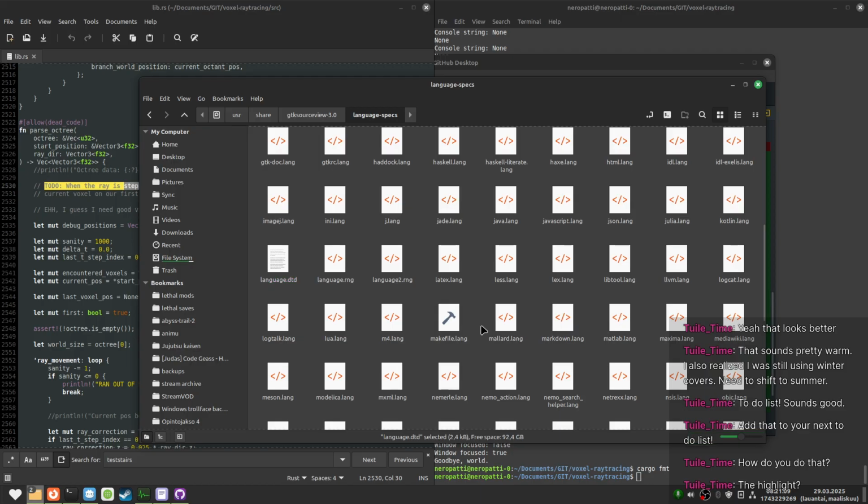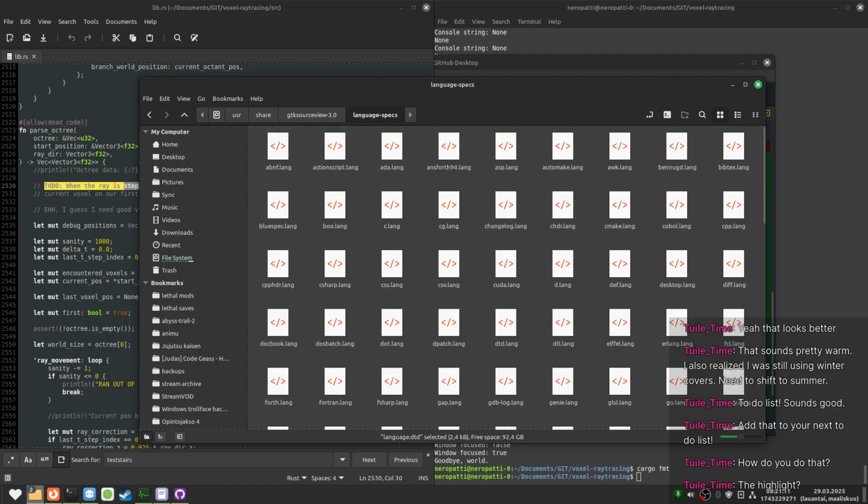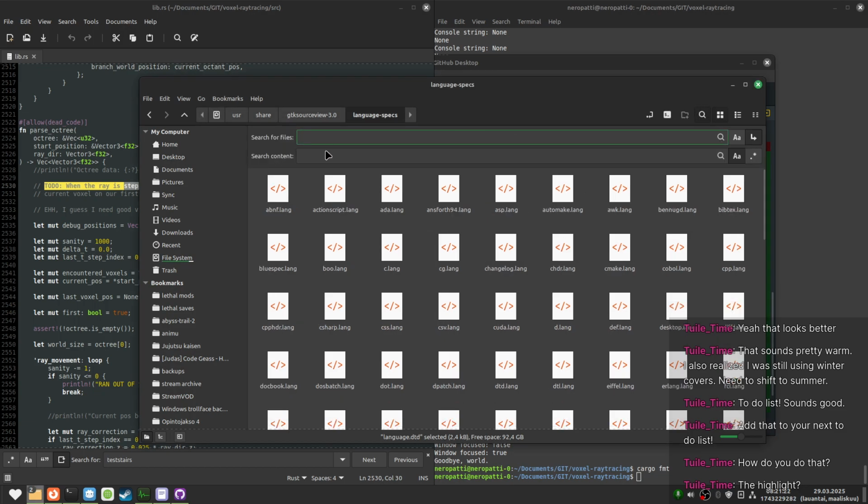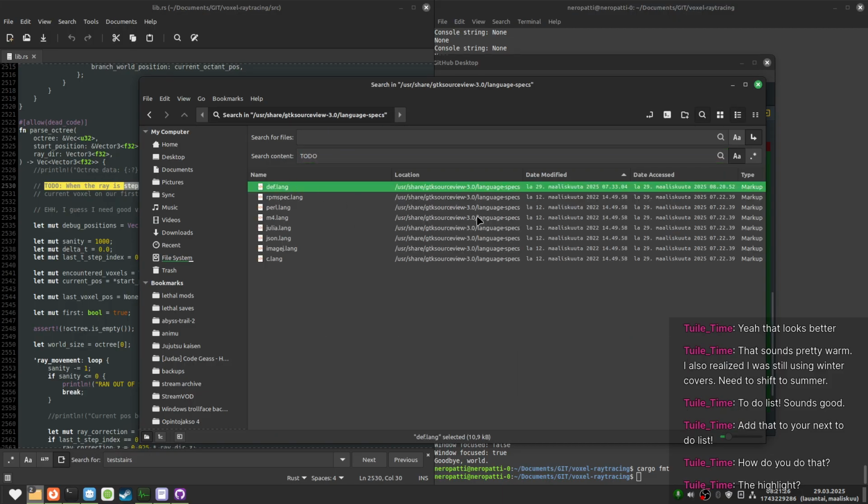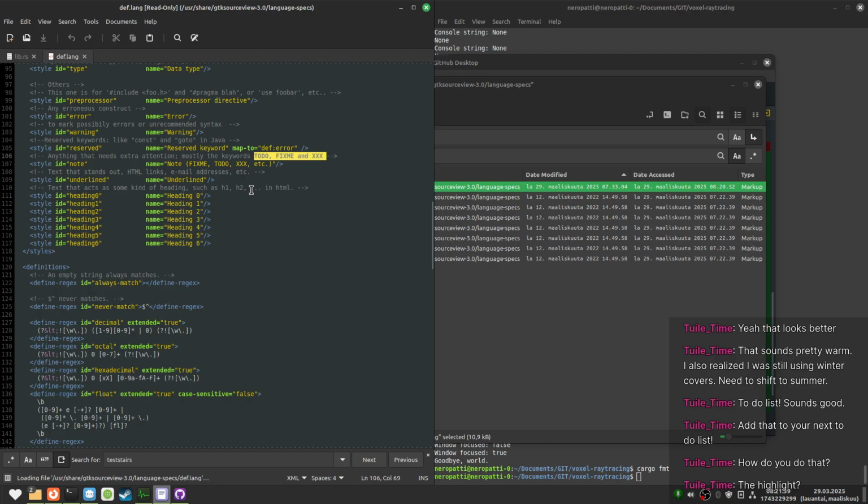I forgot the name of it, but I have the folder written down, not the actual file name. It's def.lang. Let me write that down in my notes. There we go. Then I go into def.lang.